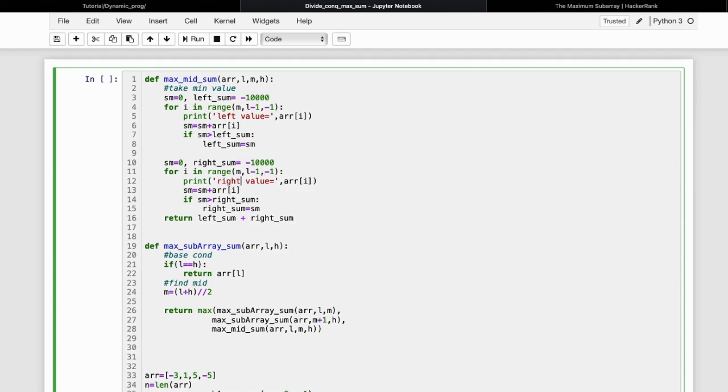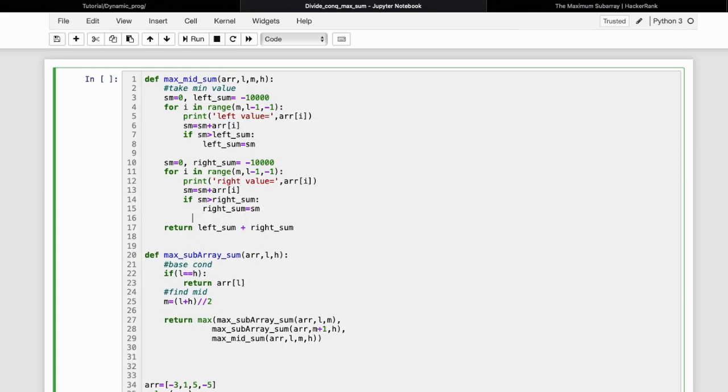And we will also print the sum value. So before returning we will print the sum equal to this left plus right. So we are done.